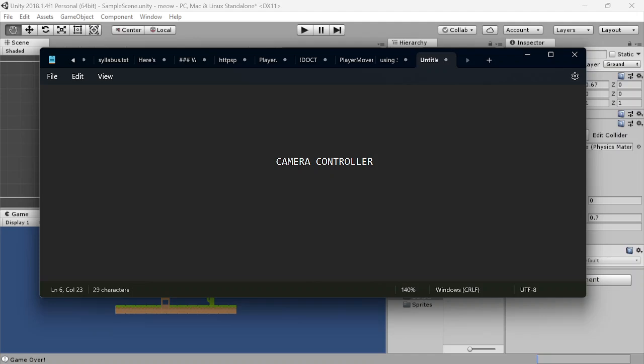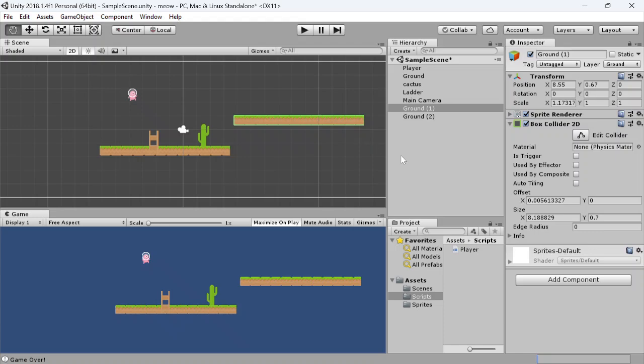Okay, so I'm now going to show you how we are going to make the camera follow our player. Okay, so we have here our topic on camera controller. Okay, so as you can see here,